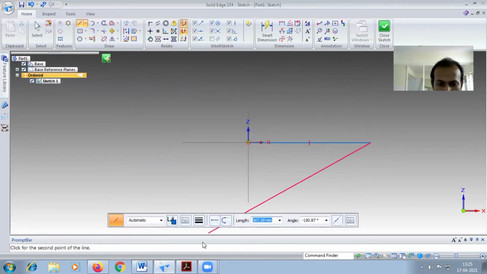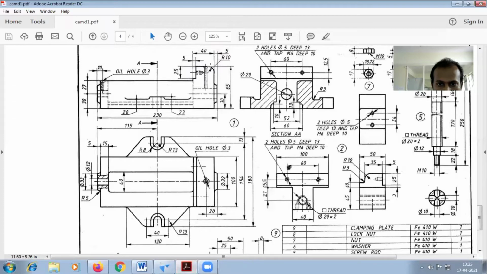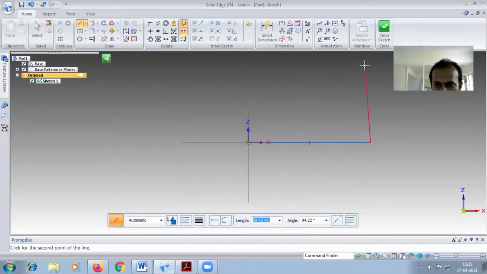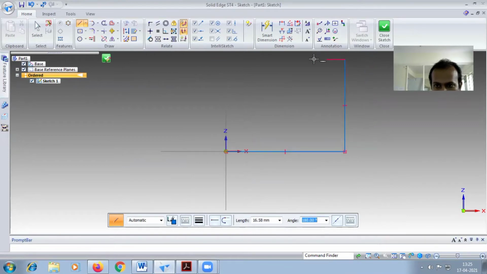So 85 is given at the angle of 90 degrees. You have to draw. Look at this one. In the front view it is given 85. Right. So 85, 90 degree angle. Okay. So this is out of the visible area. So fit the page, and you have to do the horizontal. So check the dimension, that is 35 is given at the angle of 180.